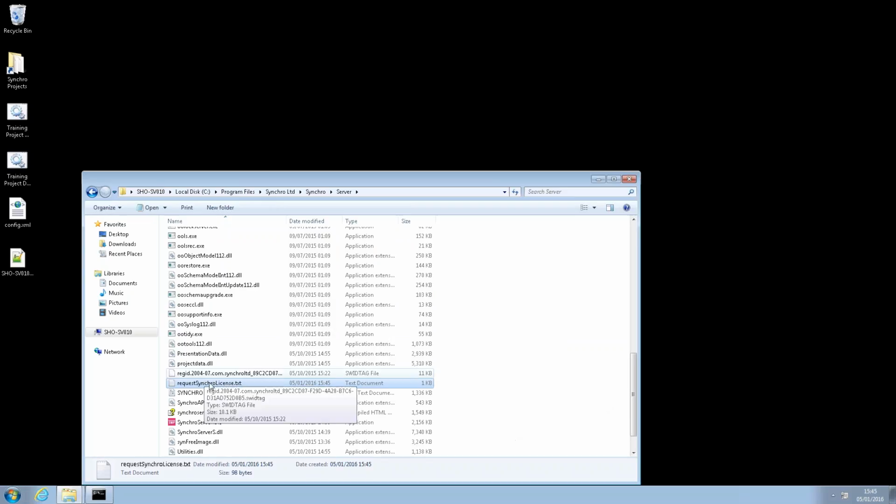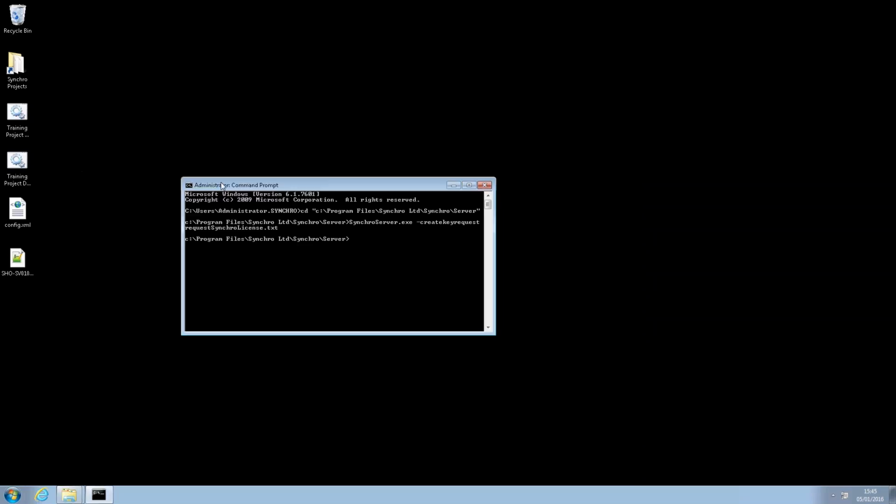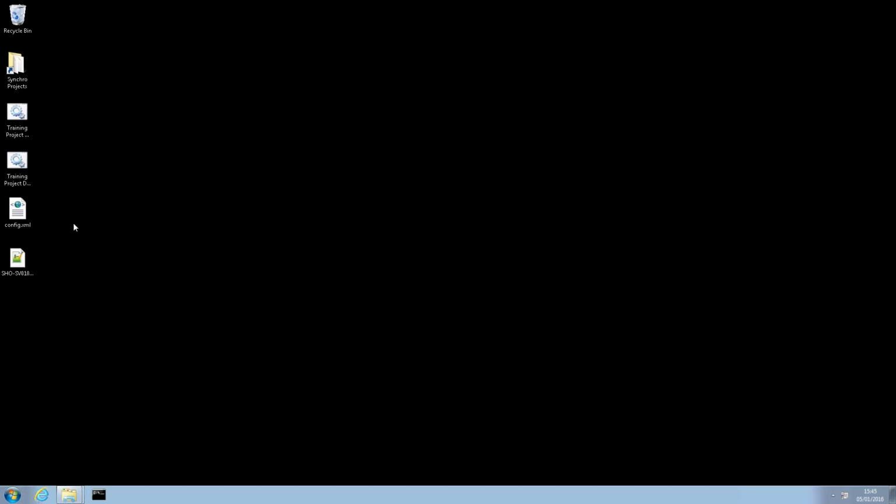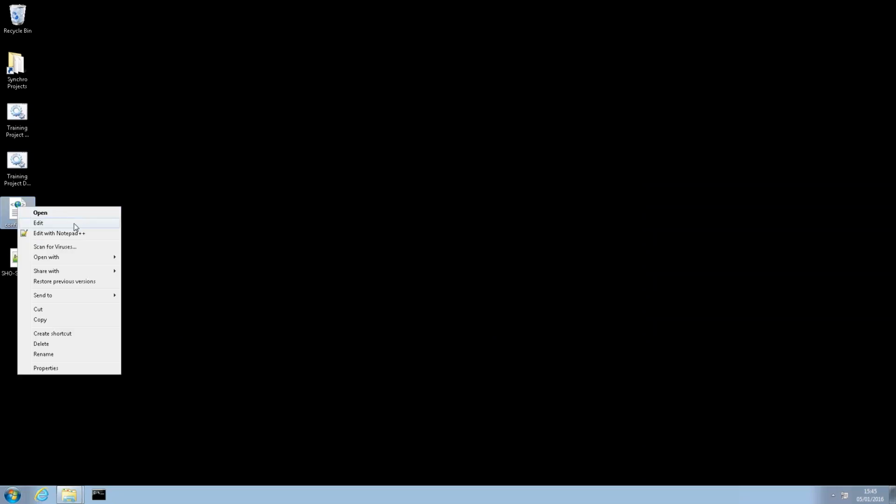We then send that to activation@synchroltd.com. They will create the key, the license key file, and provide a project license key in an email. These will be sent back to you with attachment of a config file. Inside the config file